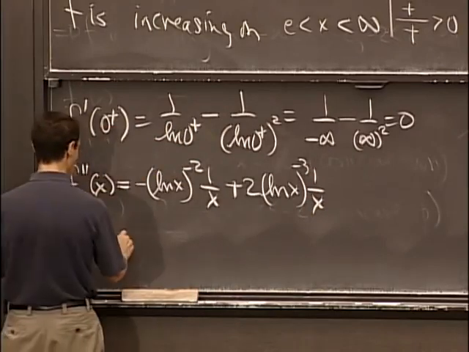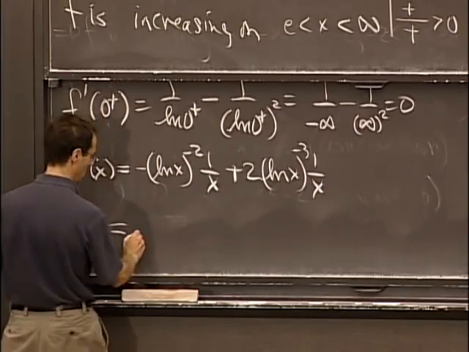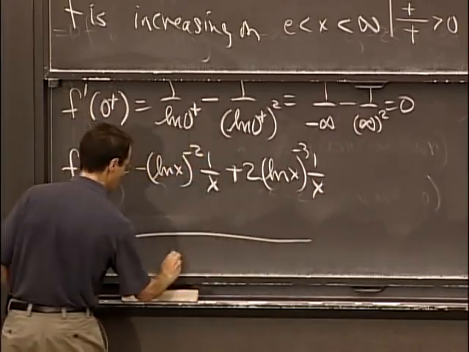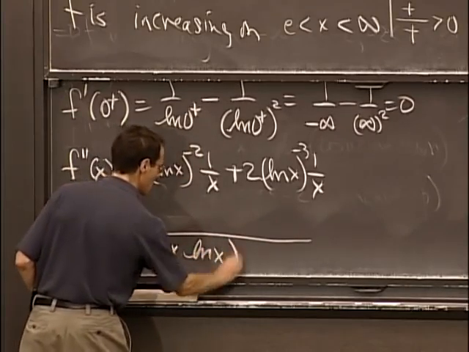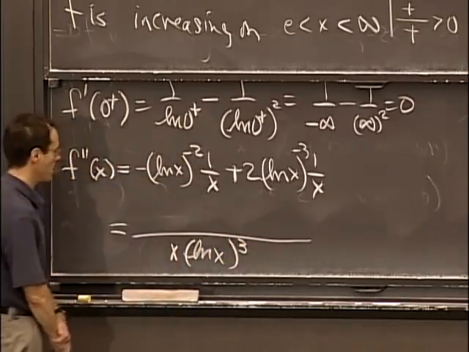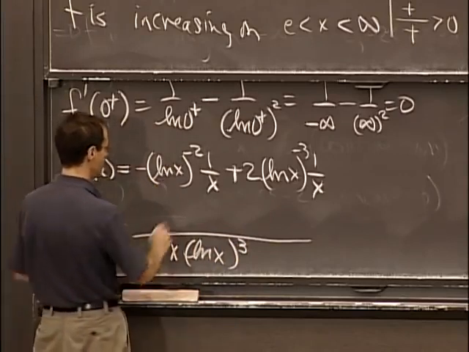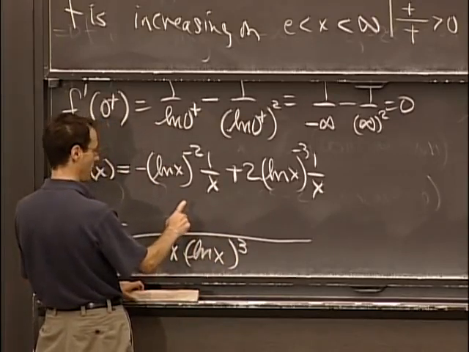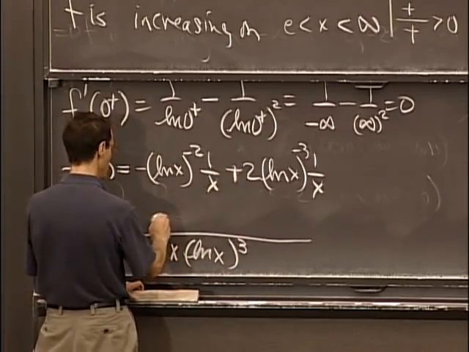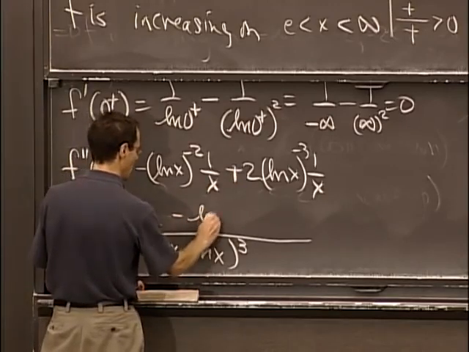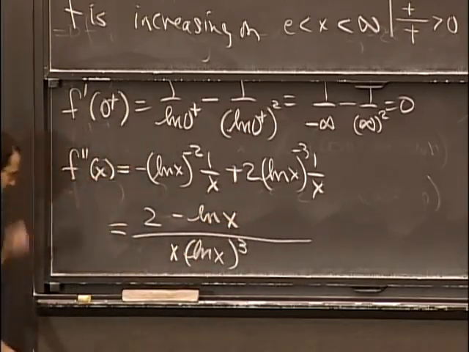And that, if I put it over a common denominator, is x log x cubed times, let's see here, I guess I'll take the 2 minus log x. Okay? So I've now rewritten the formula for the second derivative